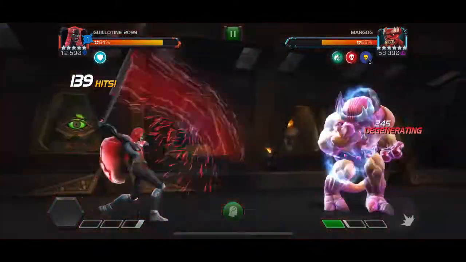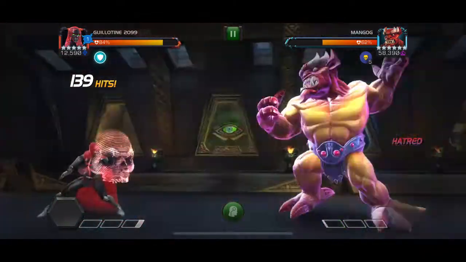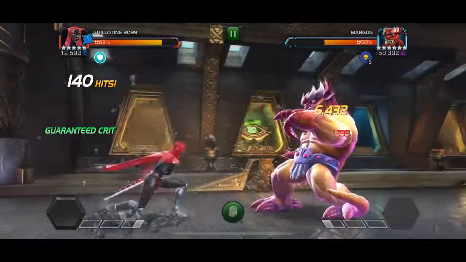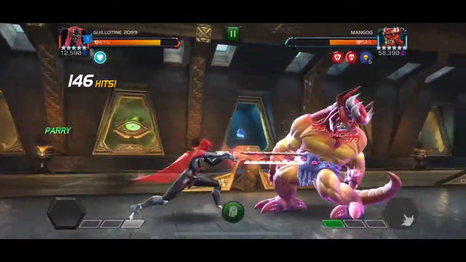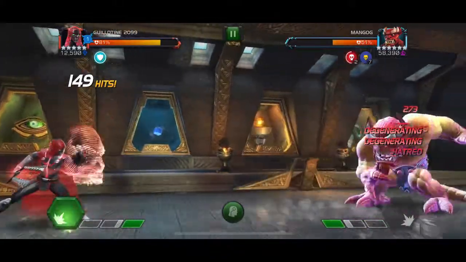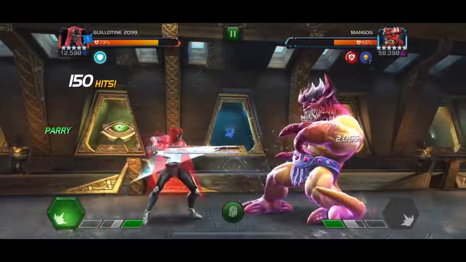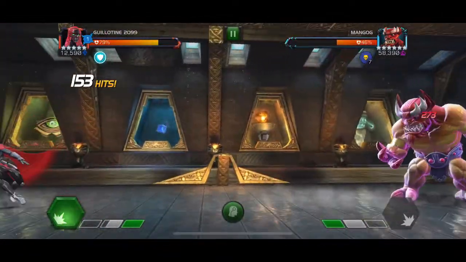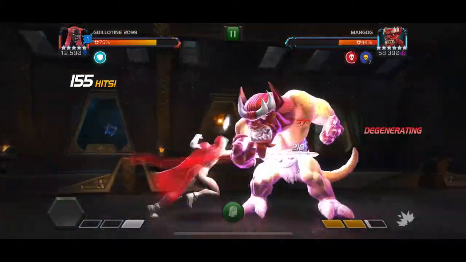So you'll see here I throw the special at 39. Unfortunately, he blocks this one, but it does power drain him. So we miss out on this critical, unfortunately. But also because of the combo and because of the degen and because of everything, it's just really, really cool. And the other cool thing about Guillotine as well is, because you're building power so quickly, I don't know why, for some reason you build a lot of power really quick, you can throw